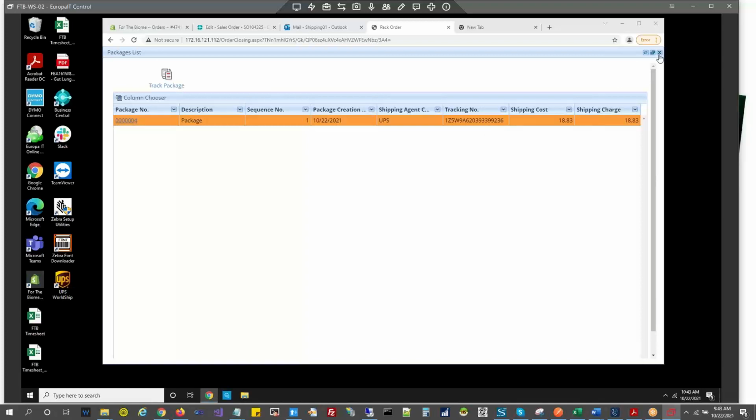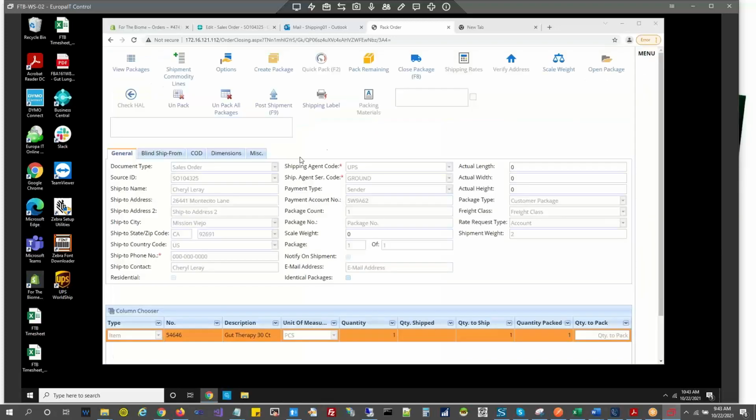Okay. And did that tracking number come back into Business Central? Yes, when we post this particular order, it will be written back to Business Central. Okay. We can actually ship this one with this. I feel like it's worth our time to just send it Ground. And I did add money.